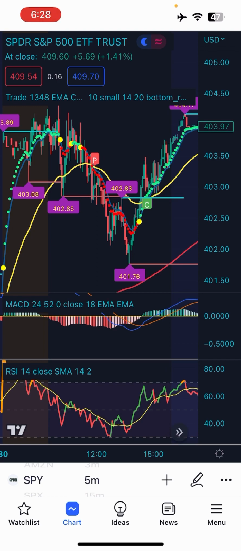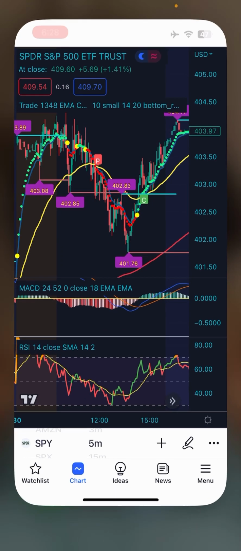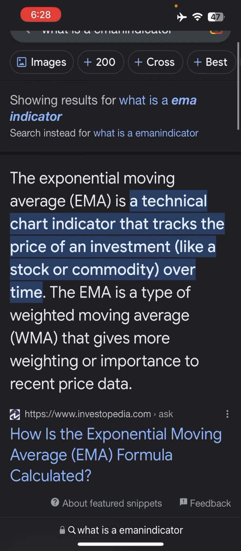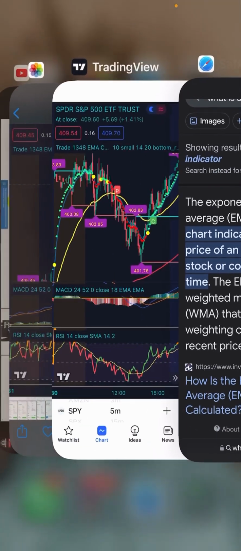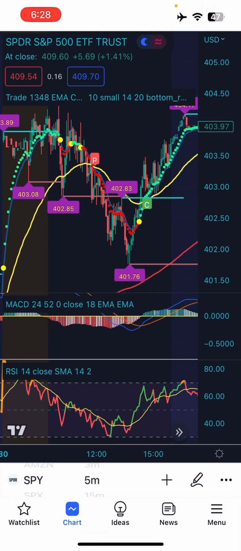First, we're gonna talk about EMAs. What are EMAs? First of all, EMA stands for exponential moving average. It's a technical chart indicator that tracks the price of an investment, like a stock or a commodity, over time. The EMA is a type of weighted moving average that gives more weighting or importance to present price data. Alright, in more simple words,